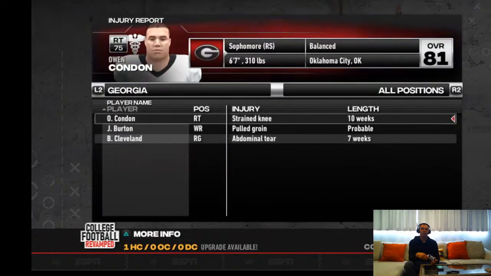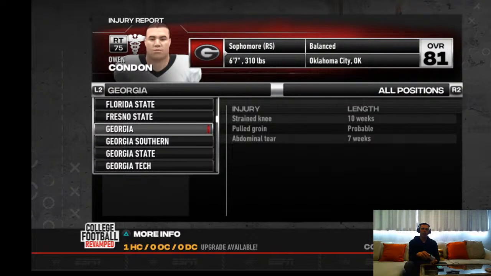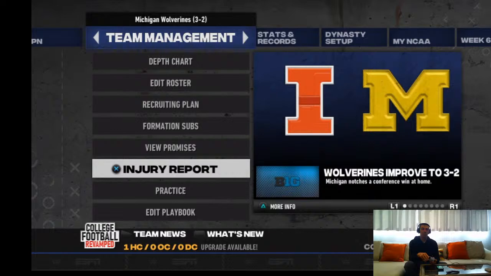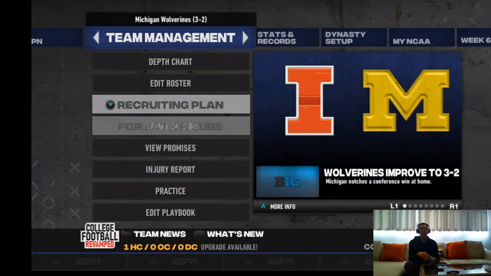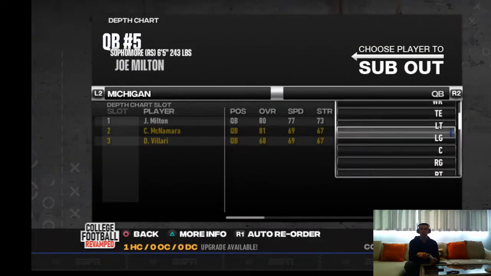So I went with Georgia this year, and Georgia has a right tackle and a right guard out. They're both starters for them, and so I mirror that. Even though my guys aren't hurt, because linemen can't really get hurt in this game unless they're involved in a tackle, we have adjusted our own depth chart to take our starting right tackle and right guard out for essentially the rest of the season, unfortunately.